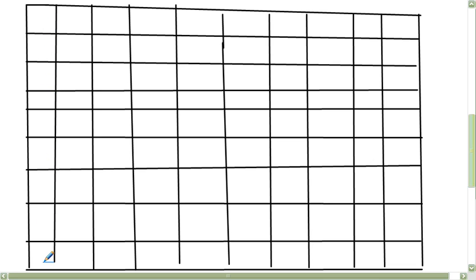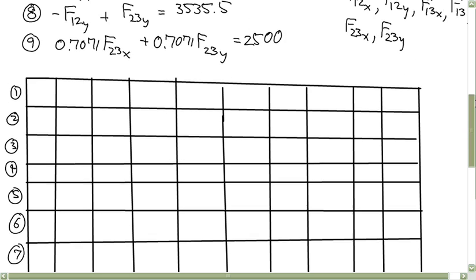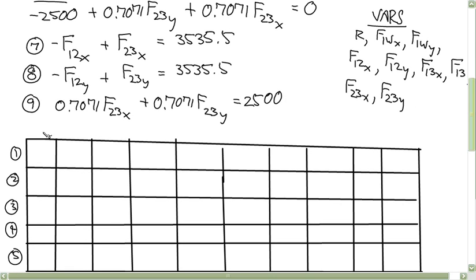Okay, so this is going to be the augmented matrix. This will represent equation 1, equation 2, 3, 4, 5, 6, 7, 8, 9. And this will represent